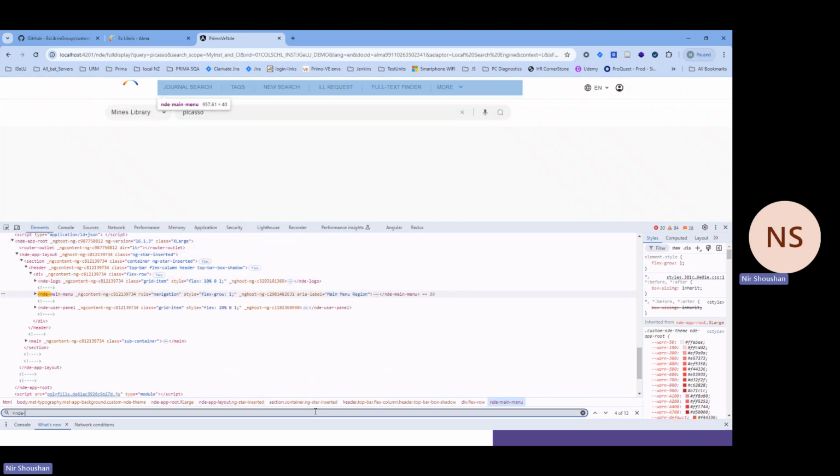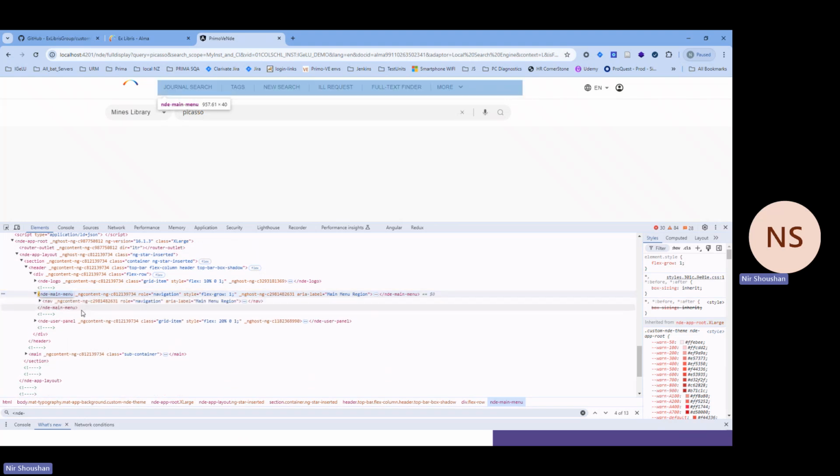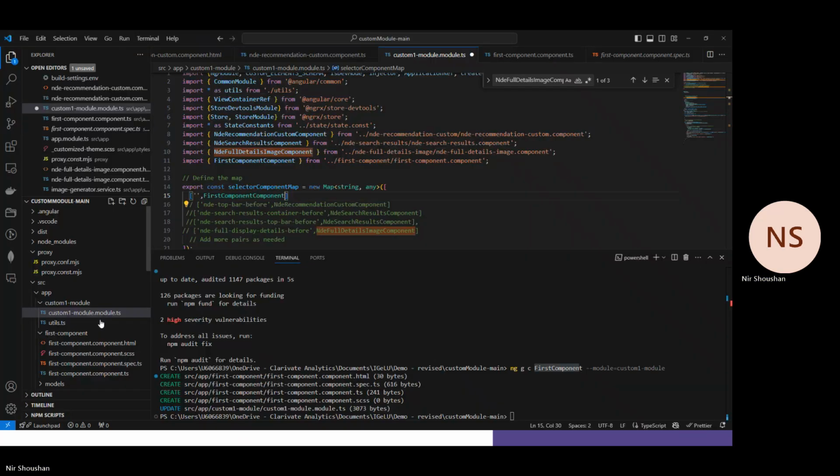Layout, logo, main menu. Okay, let's take the main menu and let's put it here. Now, as I mentioned, there is before, after, and none. If I use none, let's